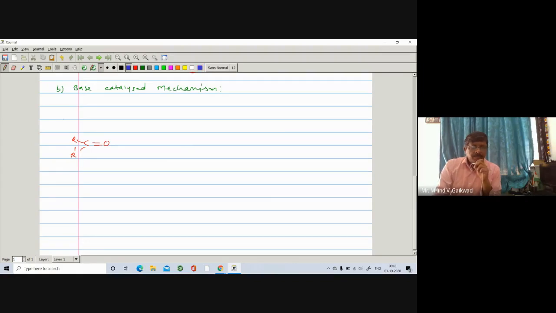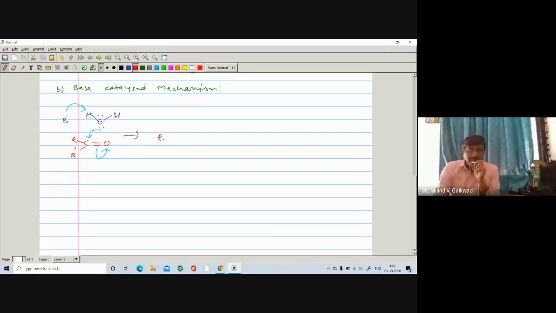So base attack, right? Base has a lone pair. It reacts with water, H, O and H. Water has oxygen, it has two lone pairs. So here what happens? The oxygen is more electronegative, so it opens on the oxygen, O negative and C positive, right? Further, the lone pair on the oxygen will attack on the C positive. So this B will attack on this H. So there's abstraction of the proton, and you are having such type of transition state.